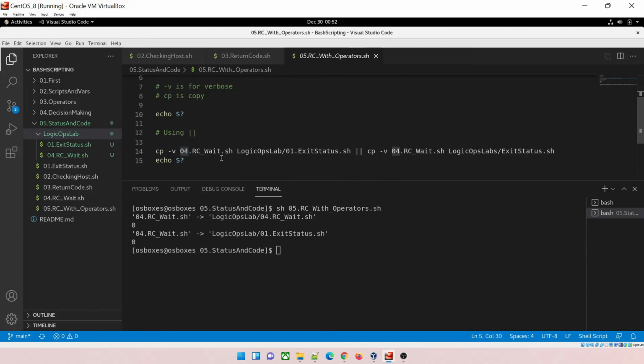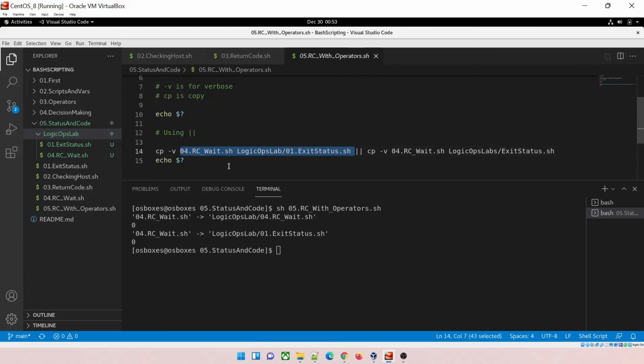Now in the case of or, what it has done is copied this rc wait sh, which is this, to this folder by a different name, exit status.sh, and it has given this over here. So we have just changed the name, so this condition has been fulfilled.